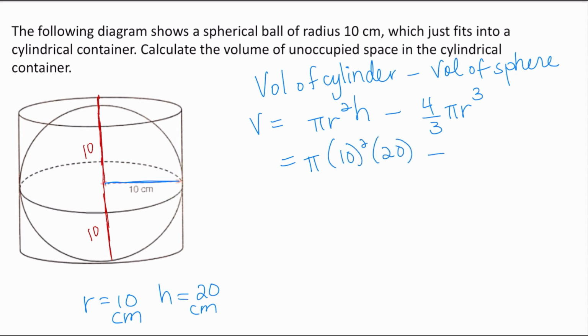For the sphere, it's actually quite simple. I don't need anything else but the radius. So we have 4/3 pi times the radius, which is 10 cubed. All right, so it's time to get our calculators. Multiply pi times 10 squared, which is 100, times 20, and we're going to get